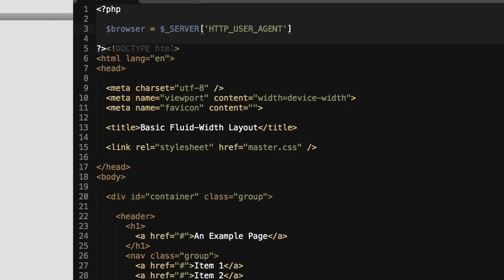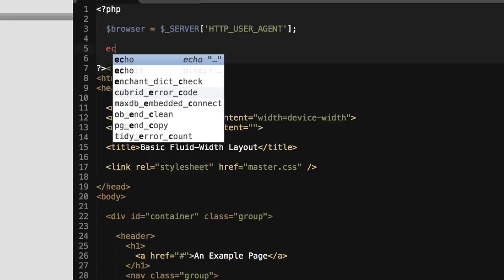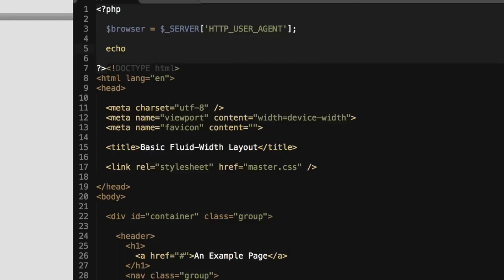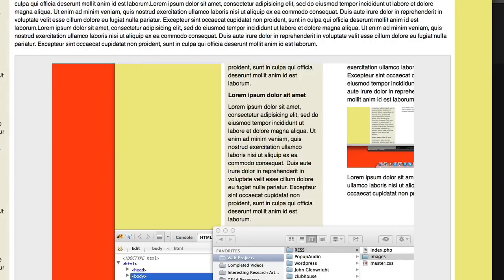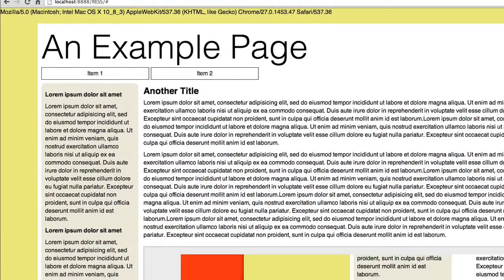Let's just echo that out right at the top of the page. Echo browser. If we save that and refresh over here, we get this big long string of